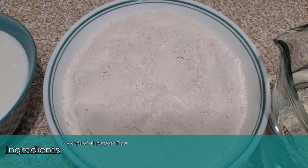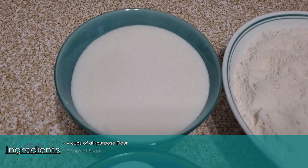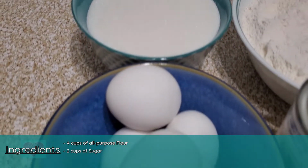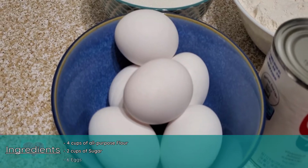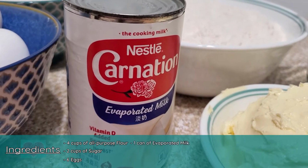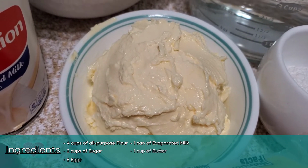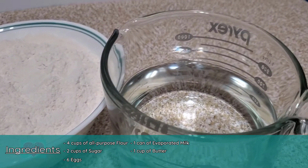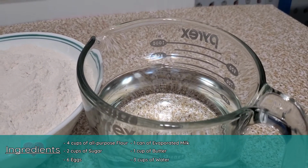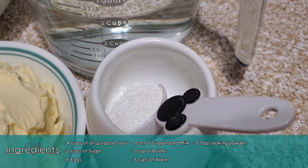4 cups of all-purpose flour, 2 cups of sugar, 6 eggs, a can of evaporated milk, 1 cup of butter, 3 cups of water, 2 tablespoons of baking powder,